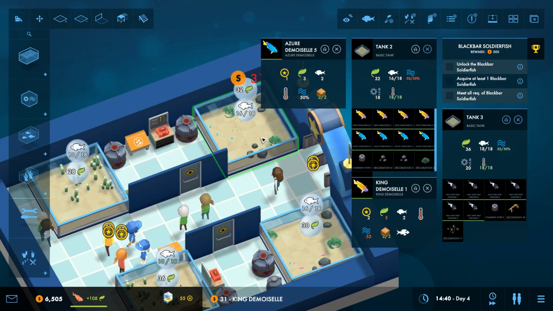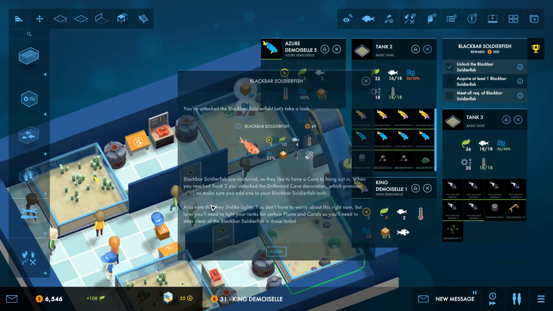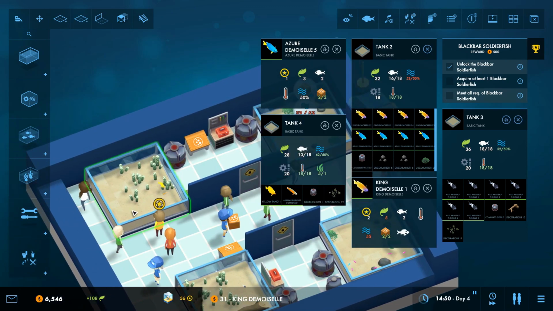Another couple of them. Okay, now we have 4. And we unlocked the new fish, the black bar soldier fish. We can probably make a new tank for it. We do have enough money. Or let's see if this tank...